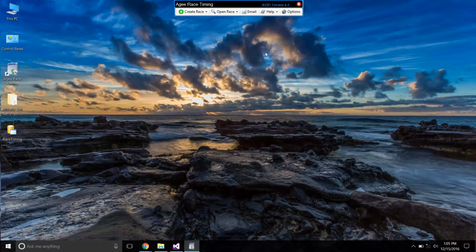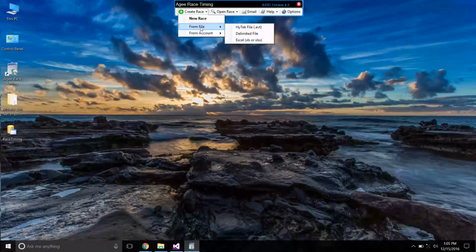In this video, we're going to give a quick overview of the athletic.net interface. We're also going to look at some of the new features you can see whenever we release version 5.0, some new features regarding the import from file feature. So one thing you'll see that's new is if you click on Create Race and do From File, you now